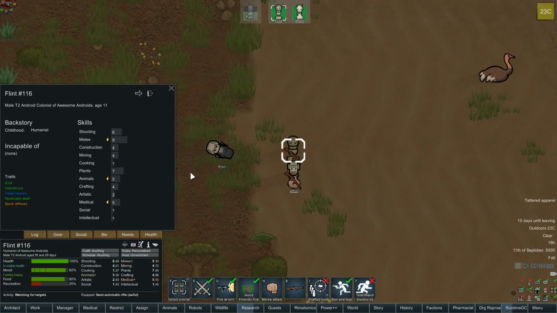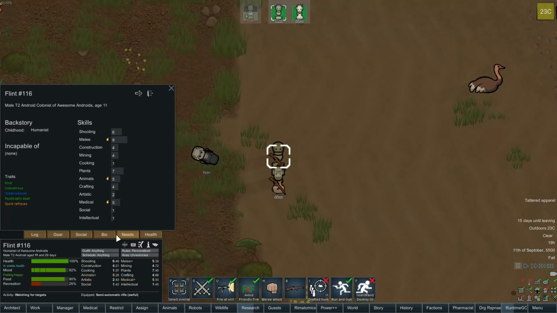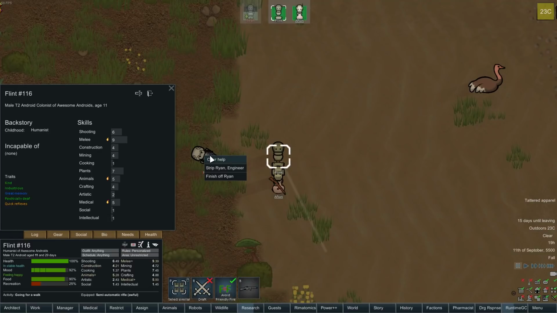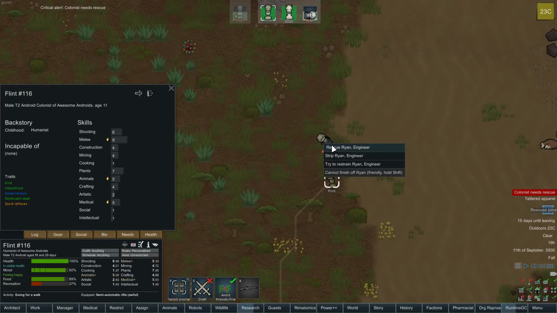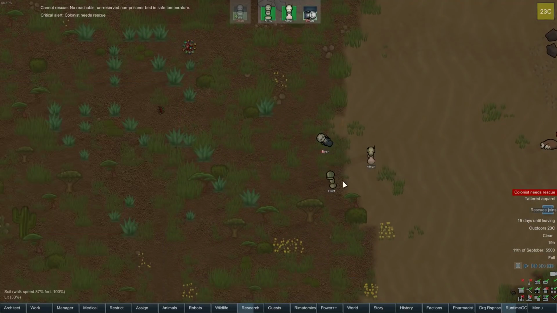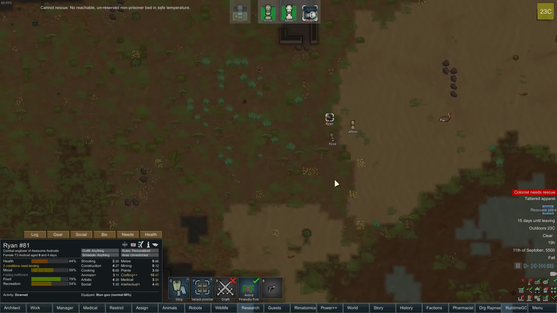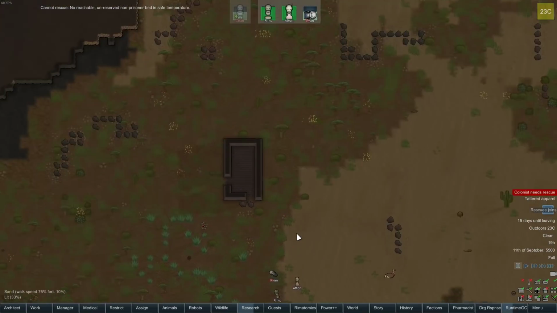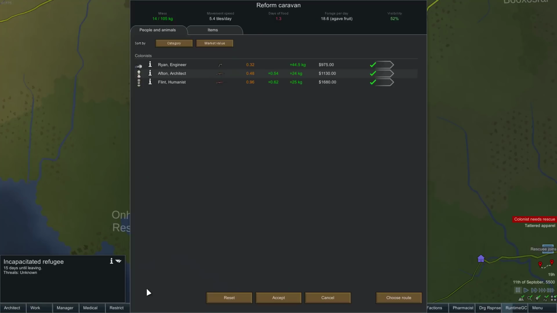Of these two... Alright, medical 5. I'll offer you help. And you joined. Okay, we can't rescue from here. I guess I don't have the ability to do, like, ground medicine, maybe. But, I mean, in theory, if I just go here, and I go reform Caravan, and bring everyone...